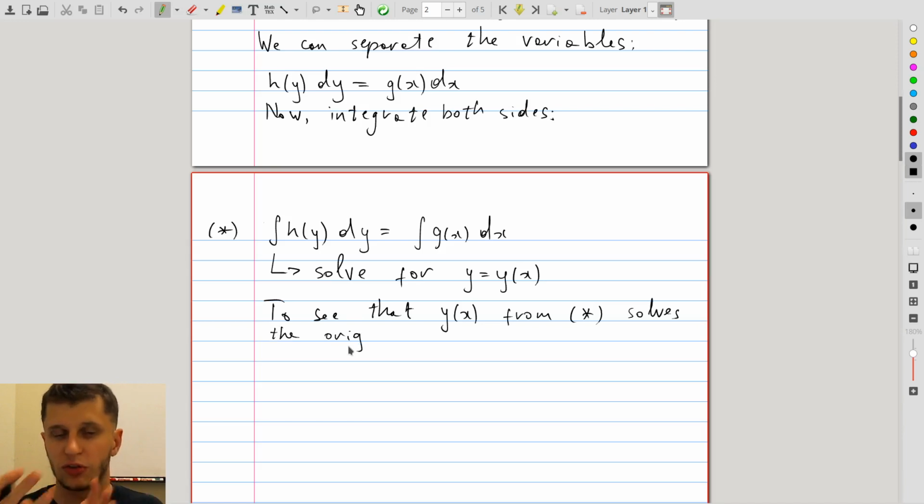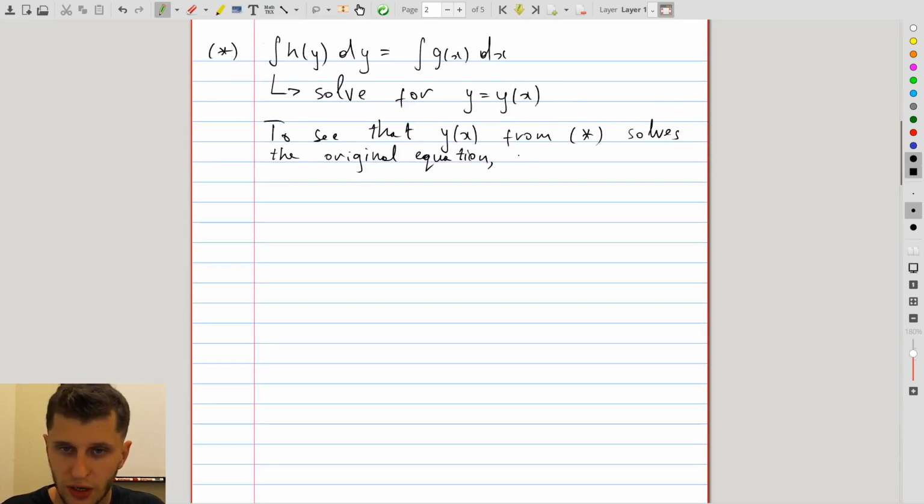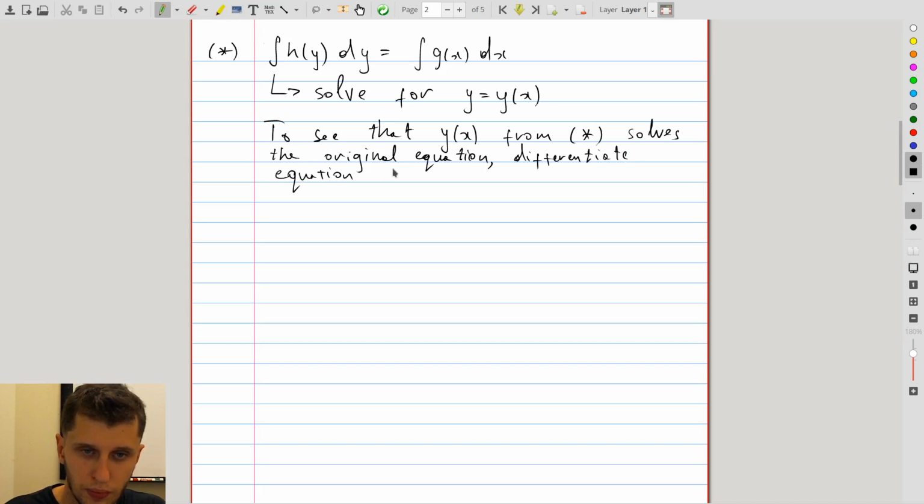And again, to solve a differential equation means to make it identically true for the values of x from the domain of your function. Differentiate equation star. And so what that means, we want to differentiate with respect to x, this here,